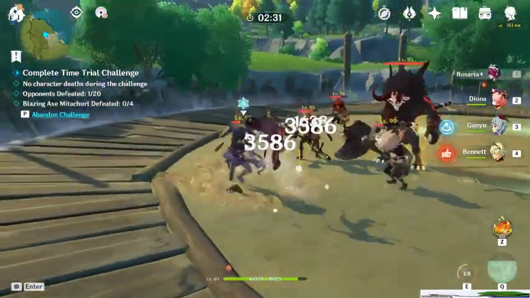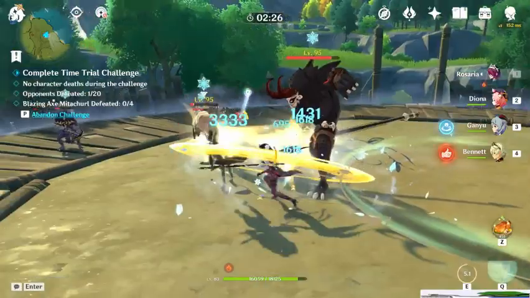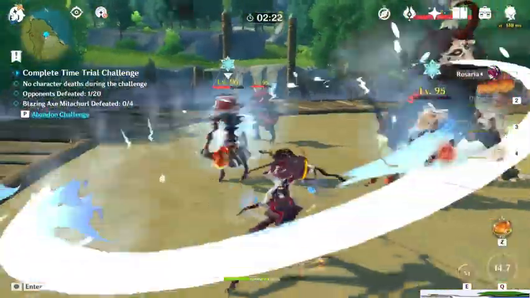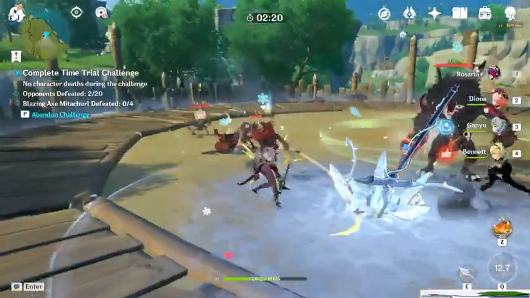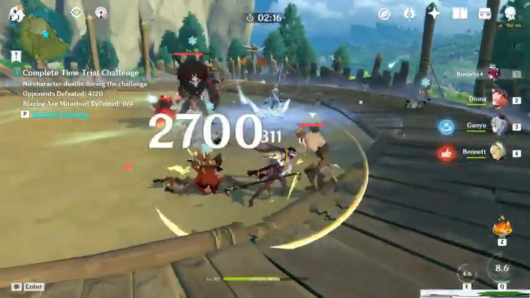I guess the build playstyle, if you want to go for Starglitter, would be like a main DPS that spams E, because I think you can probably get like consistently buff. Yeah, damage wise is